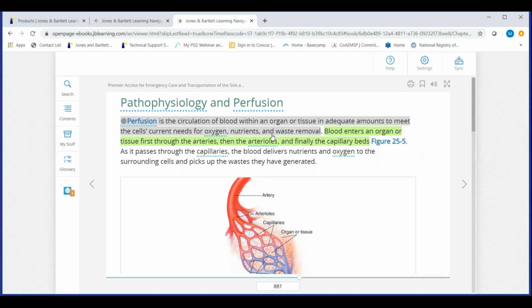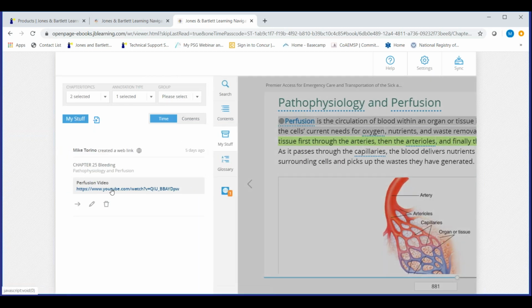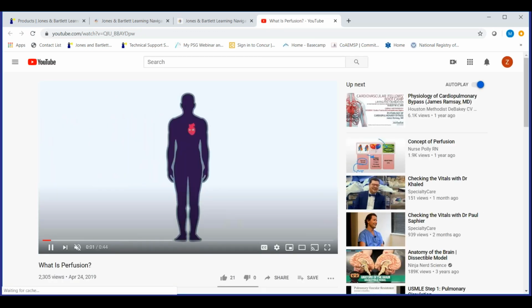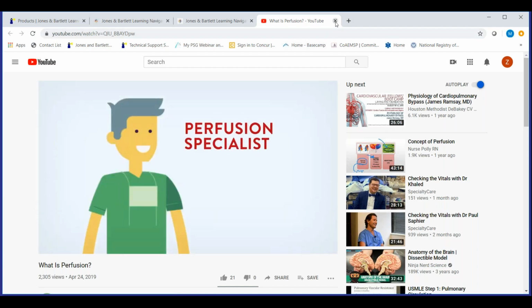The previous sentence, excuse me, what you see at the left side of the word perfusion, and over here in a little taskbar, is a note from me. So not only can the students make their own notes in the ebook, but we can leave notes wherever we want for the students. In this case, for an example, I just picked a short perfusion video on YouTube. So when the student clicks on this, they just go ahead and click this YouTube link and it'll link them directly to the video. And again, this is just something that I threw in to show, just a cute little 45-second documentation on perfusion.